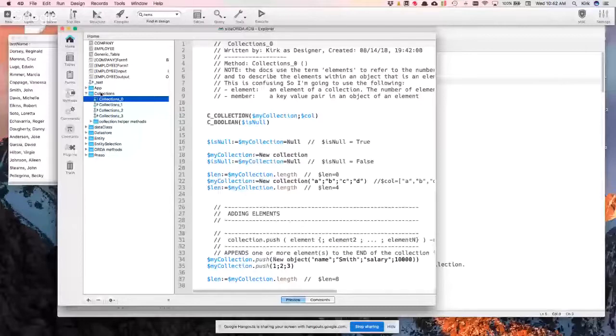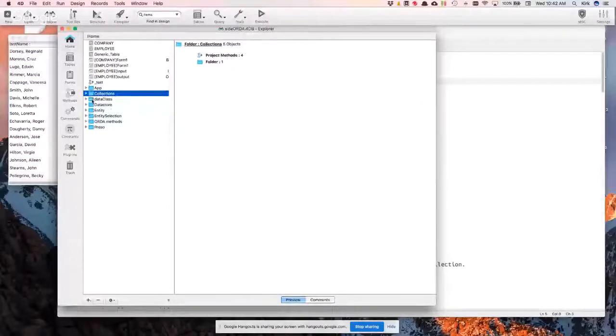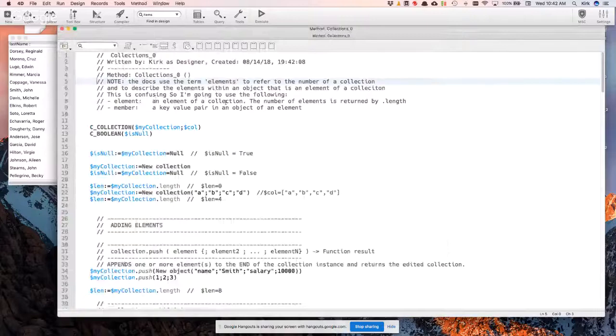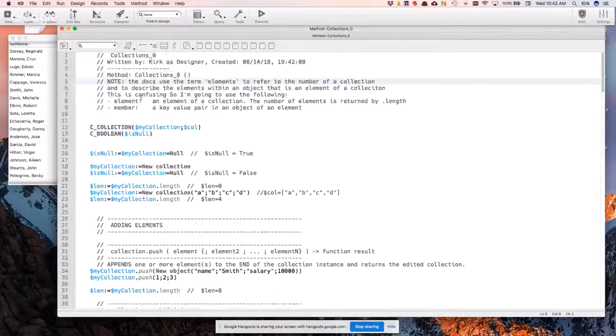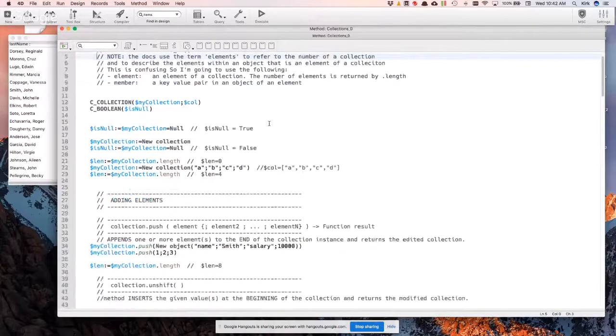As far as the learning aspect of it, I decided I wanted to look at collections, and then I was going to learn everything about data classes, the data store, entities, entity selections. All right. So I began making methods, and then I started with just the basic stuff. Part of this was becoming familiar with a collection. And as I did this, I started to realize that a collection is really even more important than arrays are, because